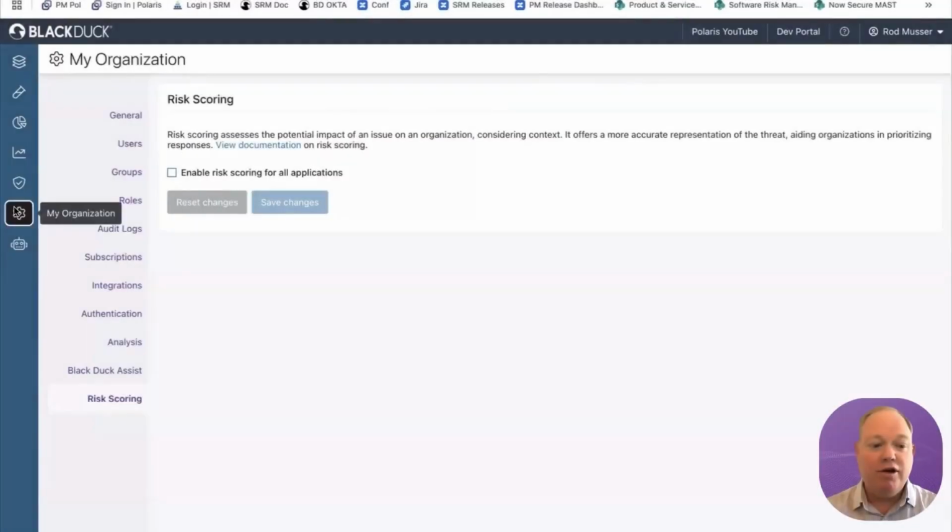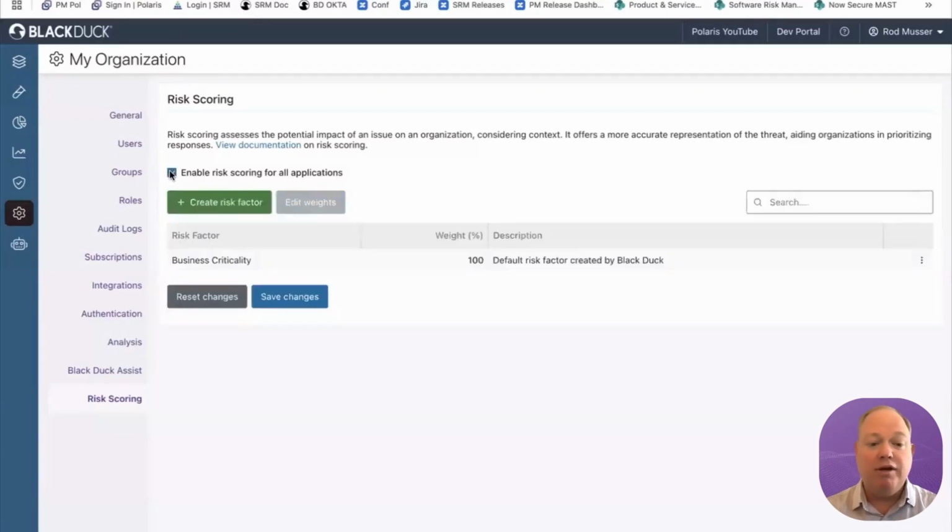In Polaris, if you go to your organization settings, you'll see that we've added a new risk scoring tab. By default, it's turned off, but to turn it on, you simply need to check the box. The next step would be to create one or more risk factors depending on your organization. We've provided one default one just to get you started, but let's take a look at what makes up a